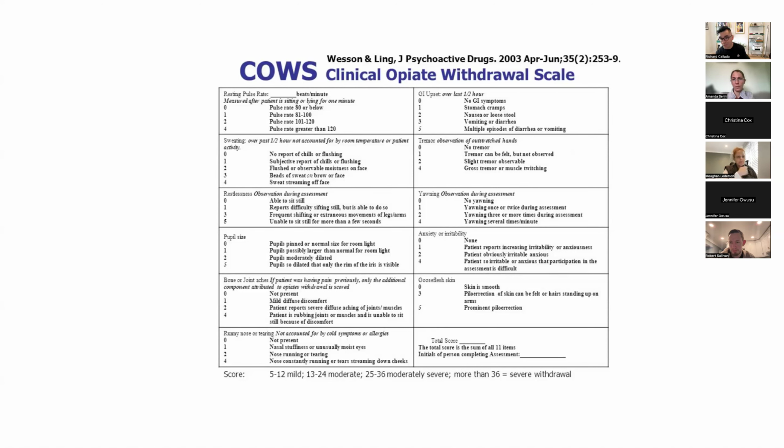So inpatient, we can give methadone, but outpatient you can't, right? Methadone can only be given in specific regulated places. So a lot of times we use partial agonists. What's the partial agonist that we use for opioid treatment? Starts with a B. Suboxone. Buprenorphine. Yep. Suboxone is the brand name.